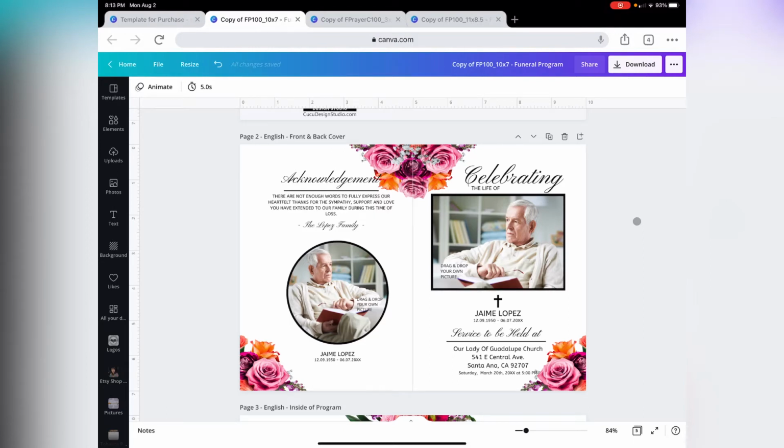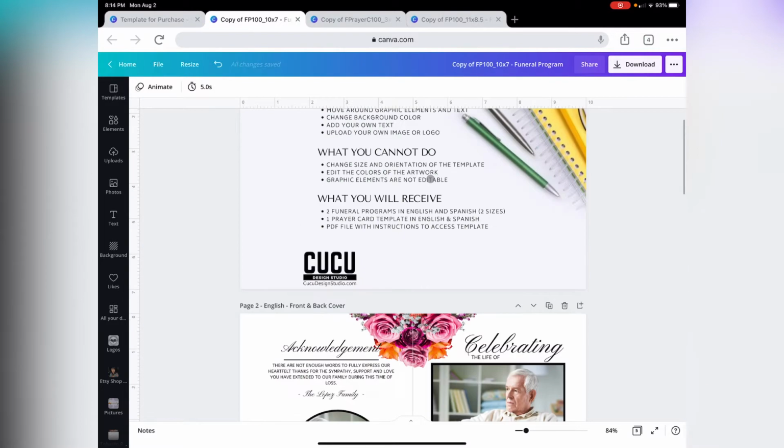My name is Susana and today we are customizing a funeral program card. Let's begin by mentioning the things you can't do. On this template, you cannot change the size and orientation of the template, and you cannot change the color of